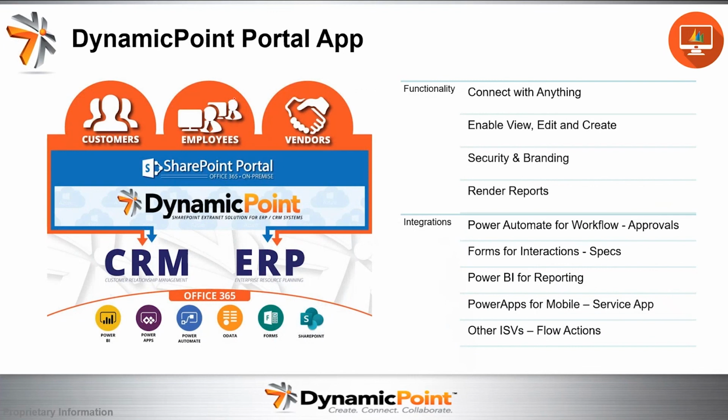Okay, landscape of the portal app. So again, just to make this hopefully pretty clear, we're starting with SharePoint, right? So we're using this Office 365 SharePoint framework, which allows us to share it externally. So in itself, I've already enabled a collaboration tool for sharing with my customers and vendors using SharePoint, and I could add things like documents and libraries and videos, etc. If you would like to share information from Business Central or any other ERP, our app allows that connectivity using the web services of that ERP, and I'll show you that in Business Central today too.